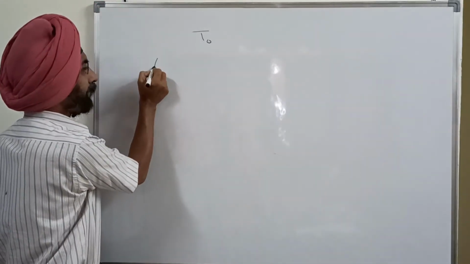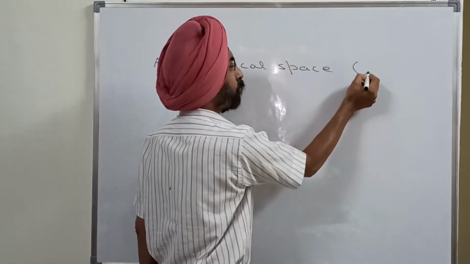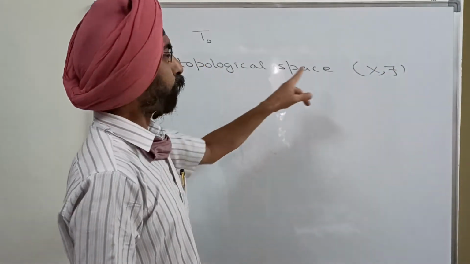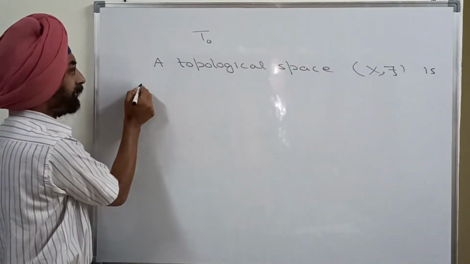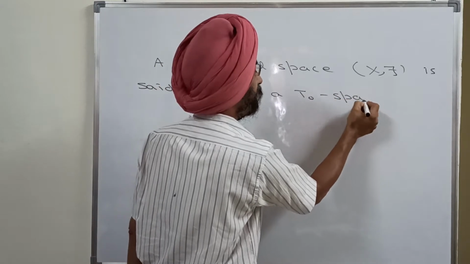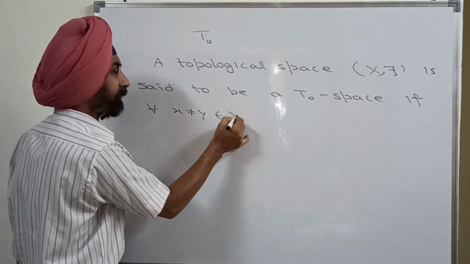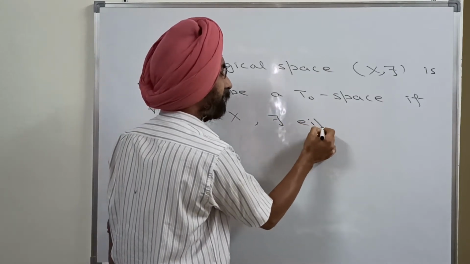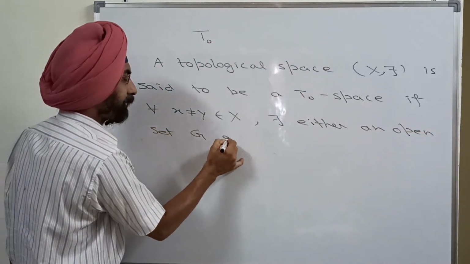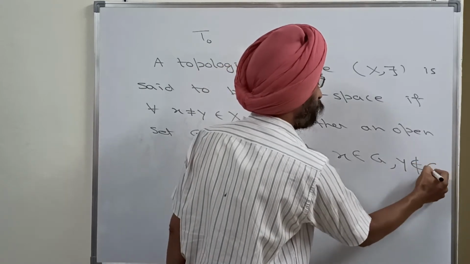So a topological space (X, tau). That means X is the set and tau is the topology defined on this set X. A topological space (X, tau) is said to be a T naught space if for any two distinct points X and Y of X, there exists either an open set G such that X belongs to G, Y does not belong to G, or